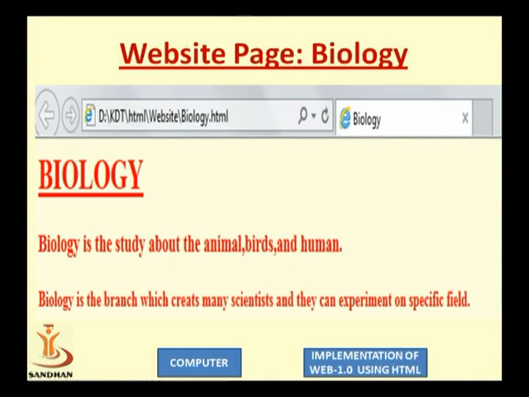The font size of biology is very large. Then we use h3 for biology is the study of animals, birds and humans. So the font size is smaller than the heading. And finally we use h4 for the last line of the web page, right? So this is the information about the h1 to h6 tags, right?